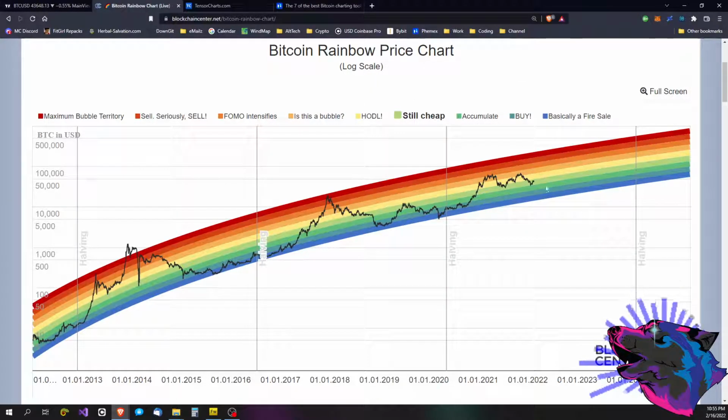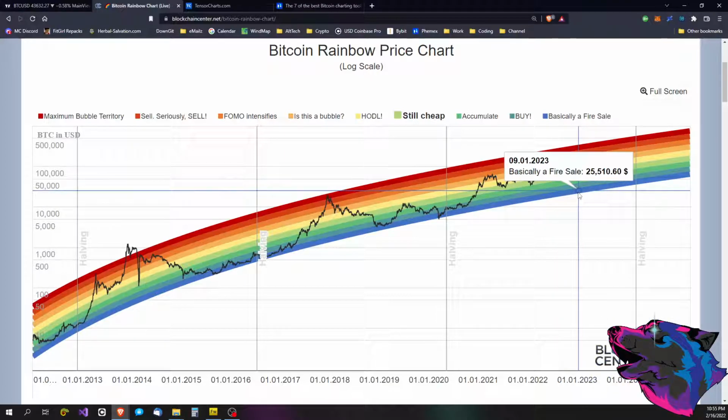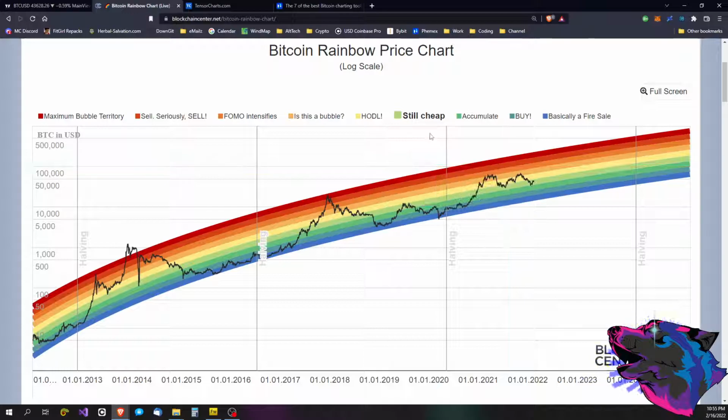And then continuing on, dark green is the accumulate stage. And then our turquoise-ish color is buy. Seriously, no, just buy. And then the blue stage is basically a fire sale, which I appreciate because that's something that I tend to say all the time to people, especially people who maybe are thinking about getting into crypto,